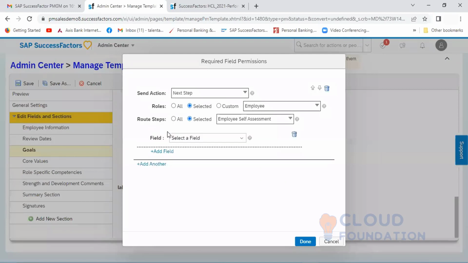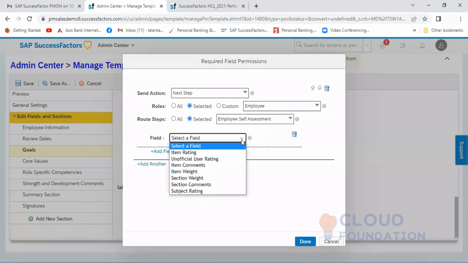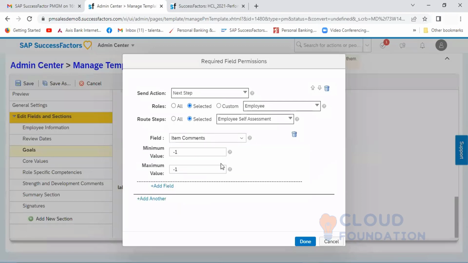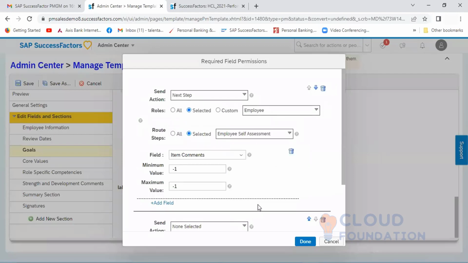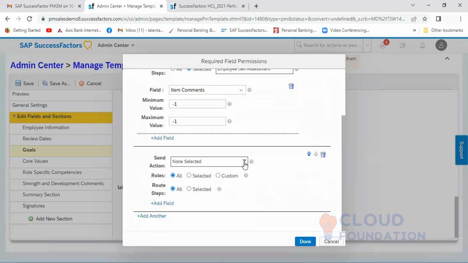So first I will add a field. Let's take, I will add a field to the item comments. So I'm adding the field to the item comments. That is one thing. And again, you can give multiple permissions. This I have given for item comment. Now I can add another. I'm clicking on add another. Coming down again, I'm selecting the next step,